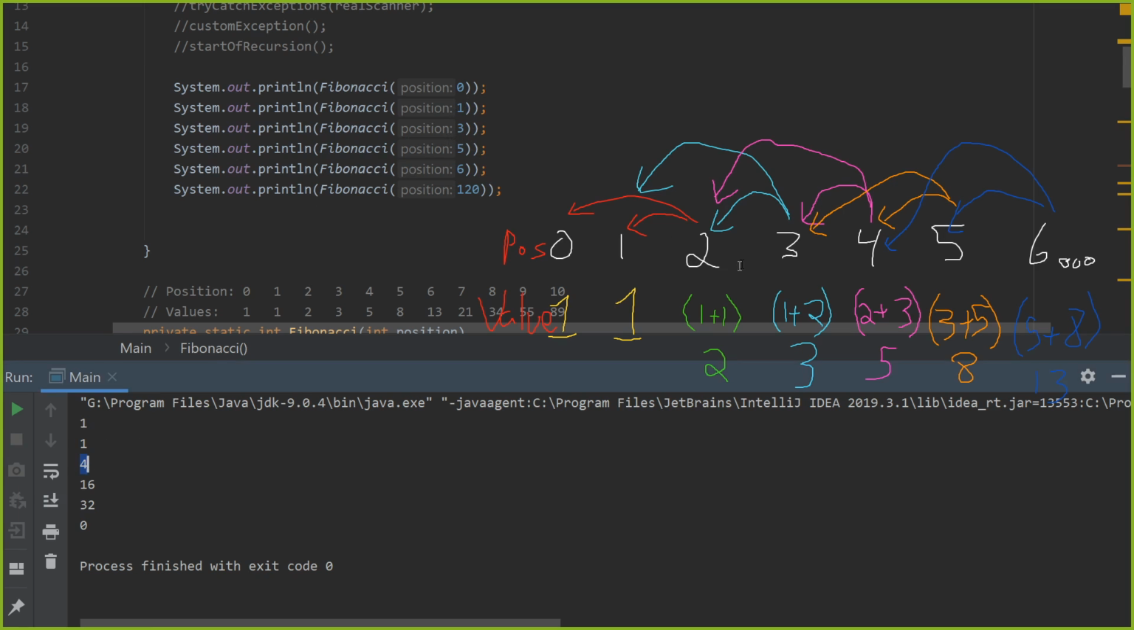The next one, position 3, should have given us 3, but it's giving us 4. That's not good. Position 5 and 6 should have been 8 and 13, but we're getting 16 and 32. And position 120 is giving us 0. Okay, let's figure out